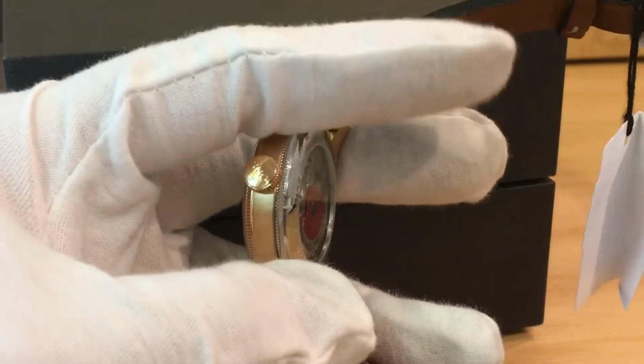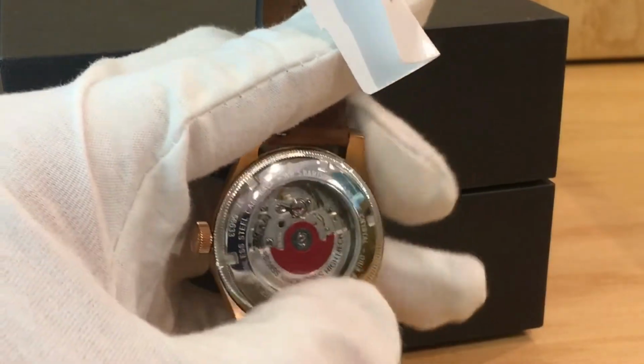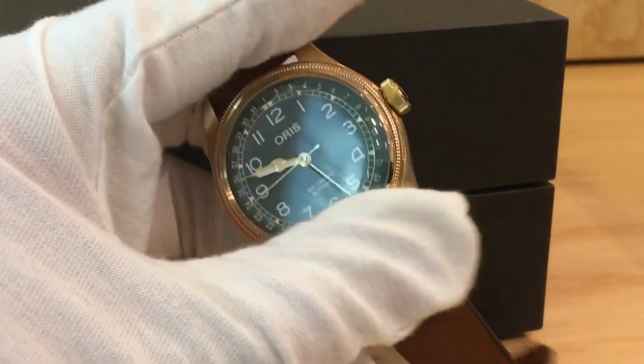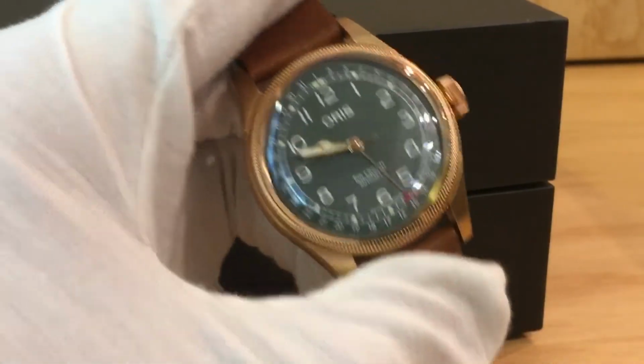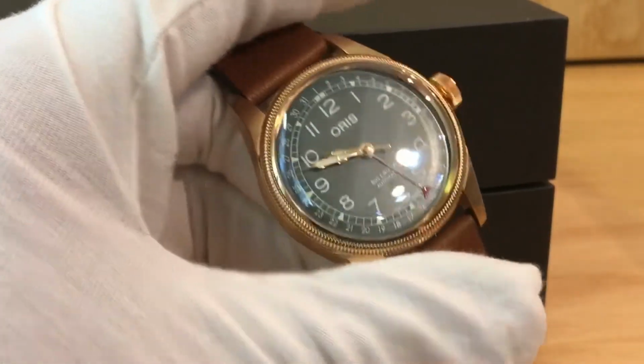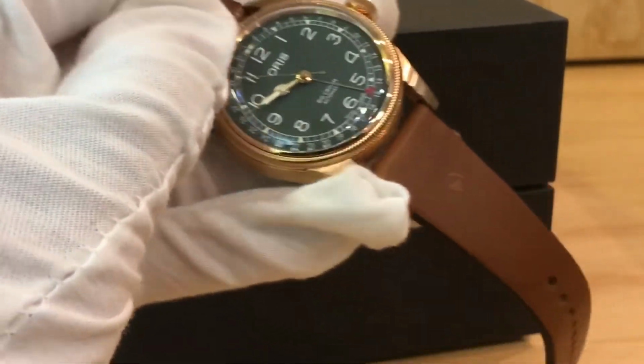There you can see the side view of it, and it's got a display window. You see the red rotor right there. The case back is stainless steel, but the case itself is bronze. And you can see the pointer there, that little crescent shape. It's hugging the 15th right now,